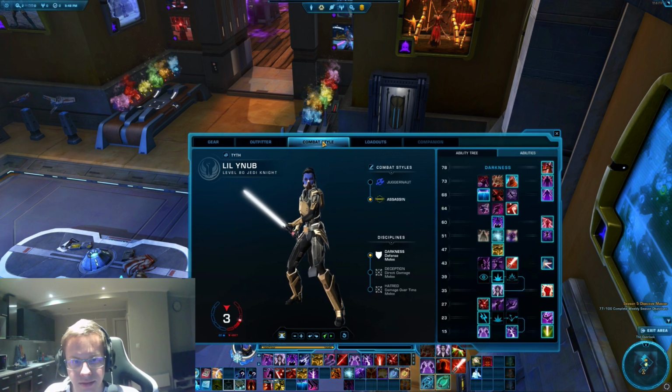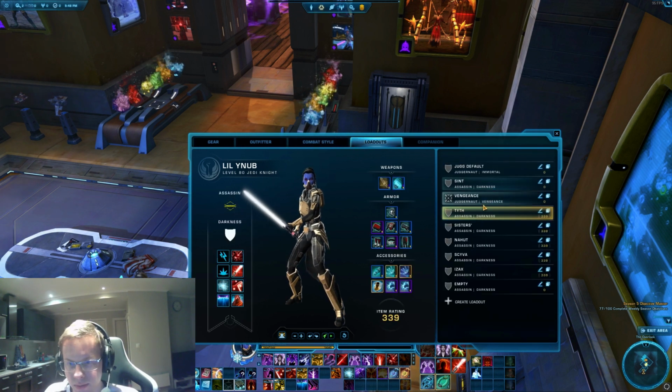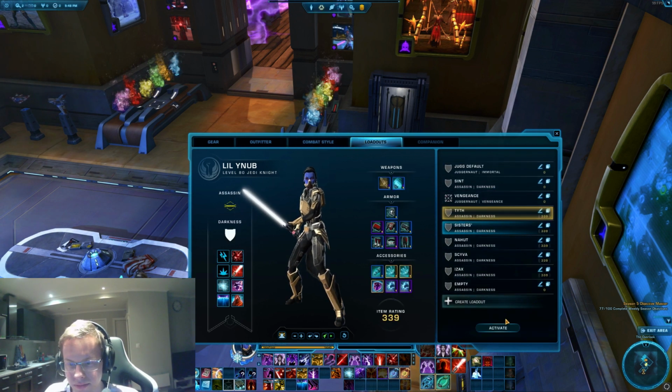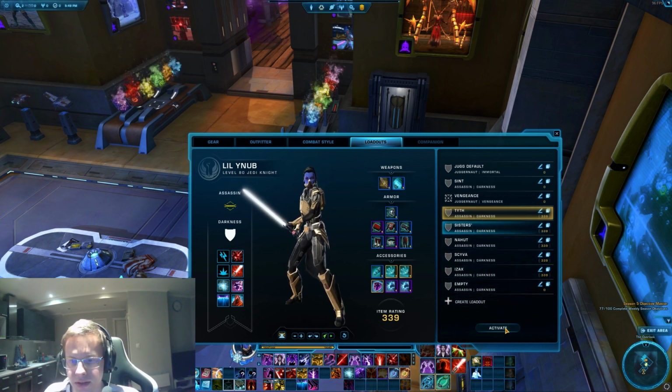The next boss we are discussing is Sisters. As you can see, between Tyth and Sisters, I'm changing 1 utility, 1 legendary, 1 tactical, and 1 piece of gear. So